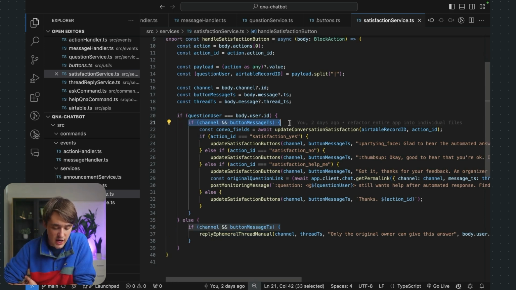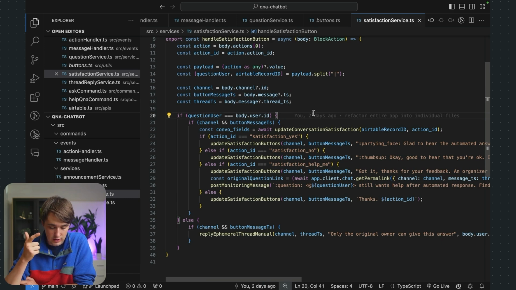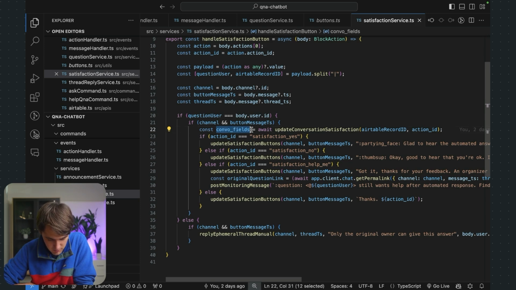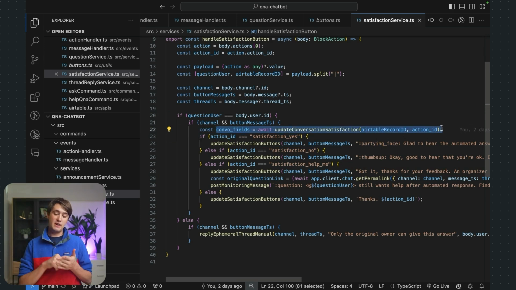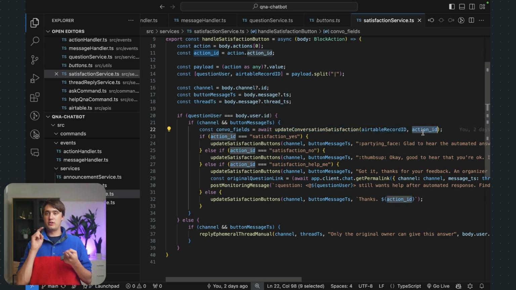But then I also check, do we have a channel and a button? So I just make sure that we know where it was sent and what the actual content of the button was. And then we go to Airtable and we update the ID to say, hey, this person actually gave their feedback, and we're going to update just the satisfaction with the action. So either success or yes, no, help me. It'll send that to Airtable, which is what we see when we go